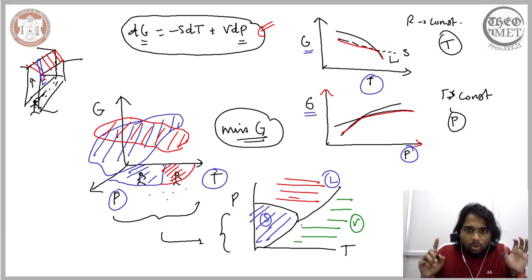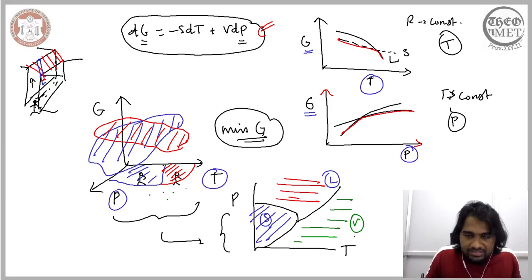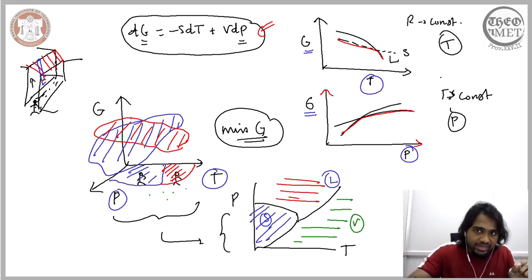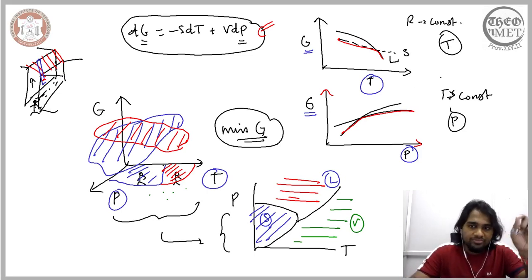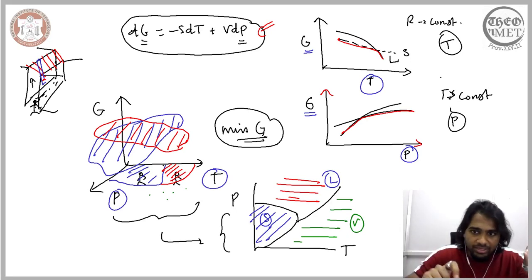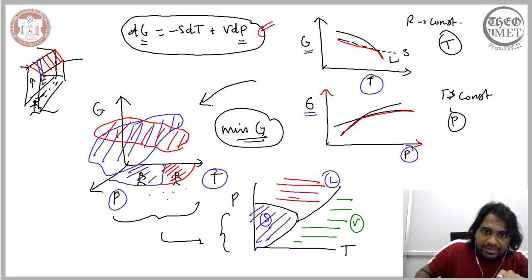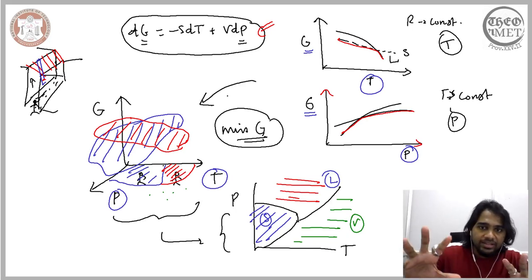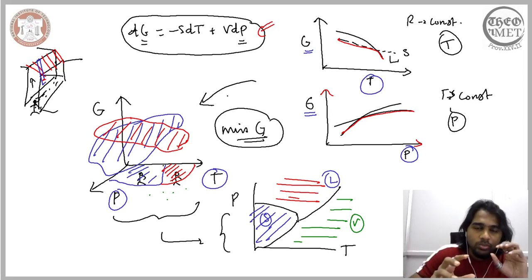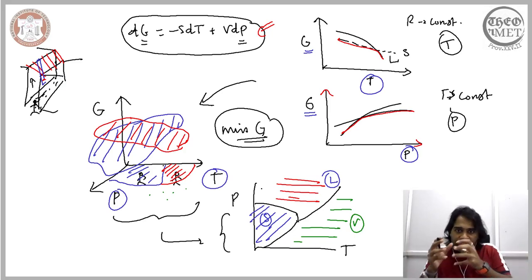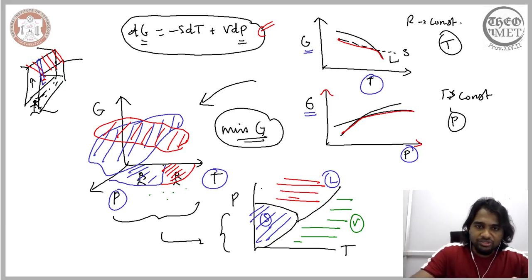Now the way we arrived at this phase diagram is, we began with the simplistic two-dimensional representation to understand what is the trend in how Gibbs free energy changes with temperature and how Gibbs free energy changes with pressure. Once we realized that trend, we moved into the three-dimensional representation, wherein we collectively considered the change in the Gibbs free energy with respect to both temperature and pressure. And from that, we were able to arrive at the phase diagram that helps us understand the stable state for a given combination of pressure and temperature.